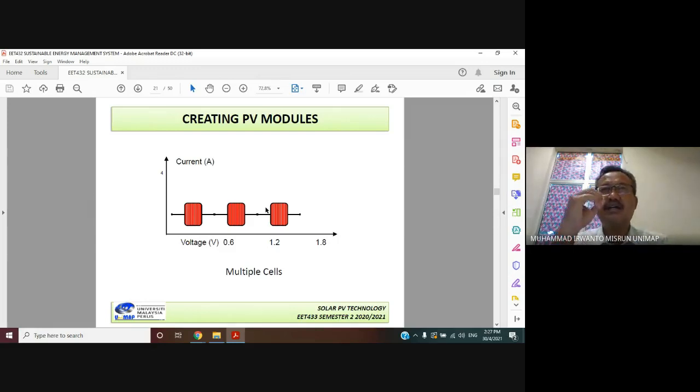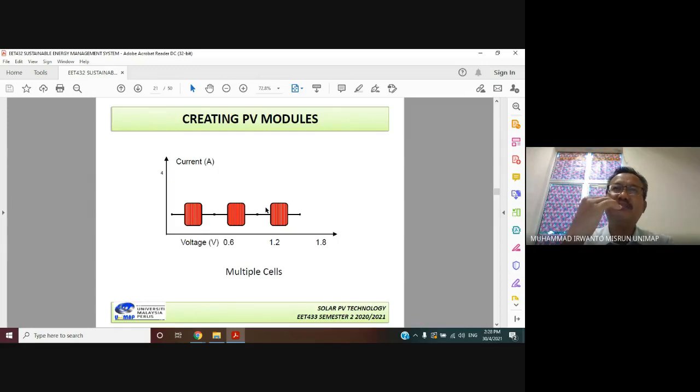Remember, I explain first: the characteristic of PV modules in series or parallel connection, in terms of the voltage, current, and also power,